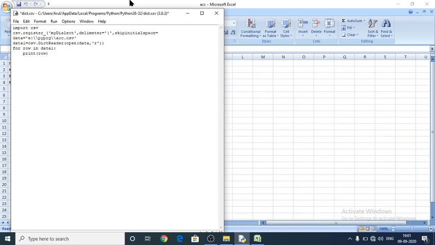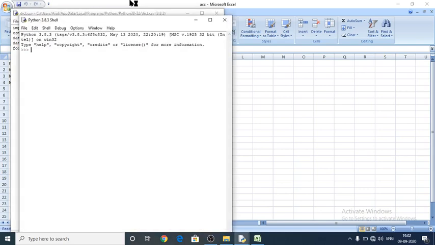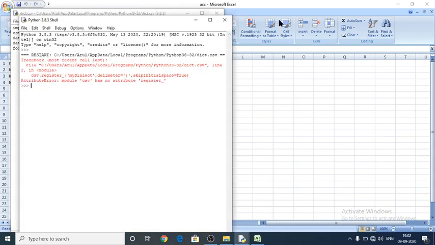Skipinitialspace is equal to True. And next, a small error is there.